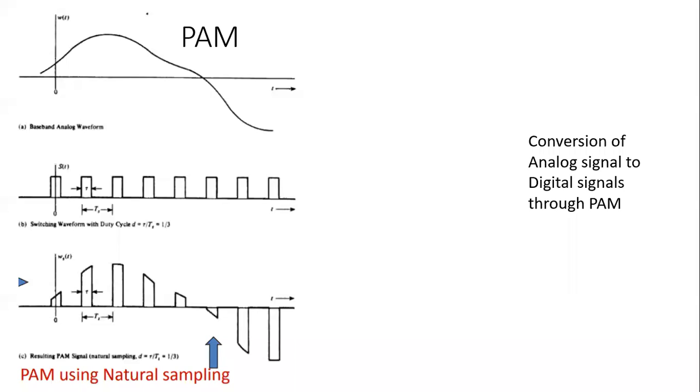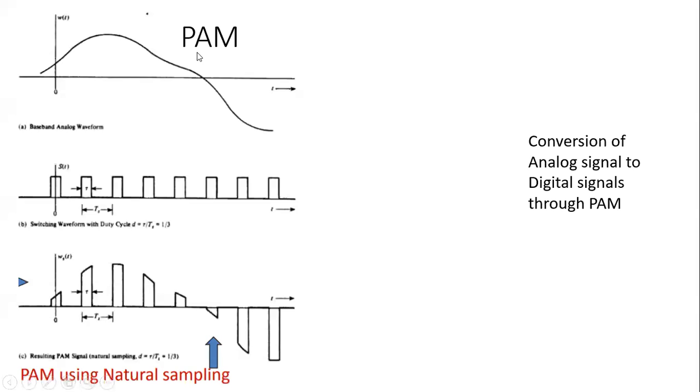After deciding what the sampling rate should be, we have made a pulse train. Now this pulse train is only about 0 and 1. When this analog signal passes through the pulse train, naturally, when the pulse says 1, your signal will be transferred. When the pulse says 0, your signal is not getting transferred. Again, when the pulse says 1, your analog signal is getting transferred. When the pulse train says 0, your signal is not being transferred.